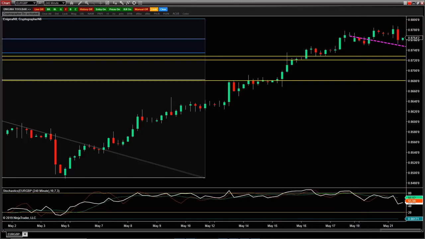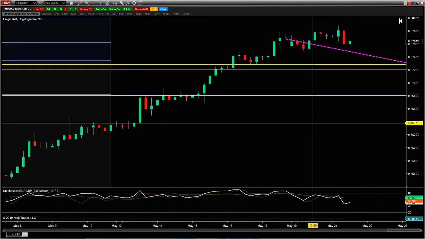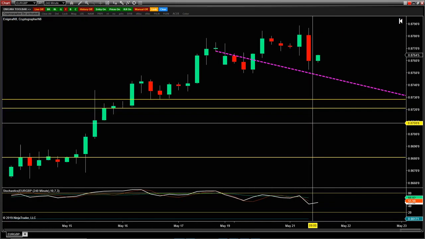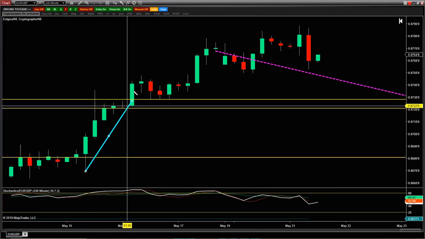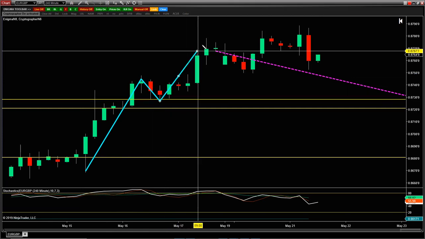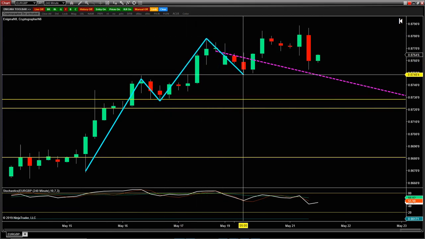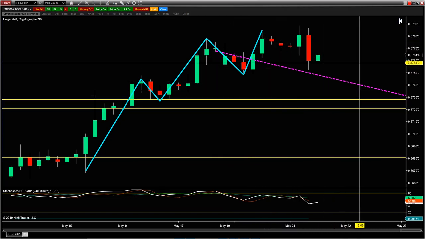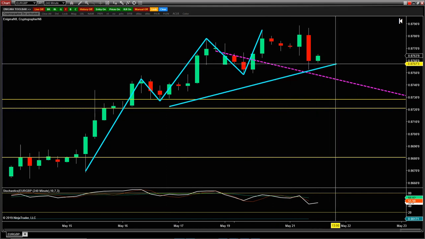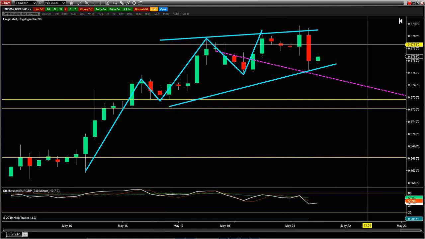Let's go down to the 240 chart. You can see a loss of momentum, right? We have some pretty strong moves up, and then we slowly start to see these smaller extensions and retracements, and then this consolidation up here. So we're starting to see a little bit of loss of momentum. Could be in for a little bit of relief.